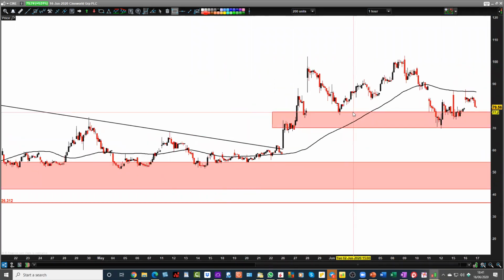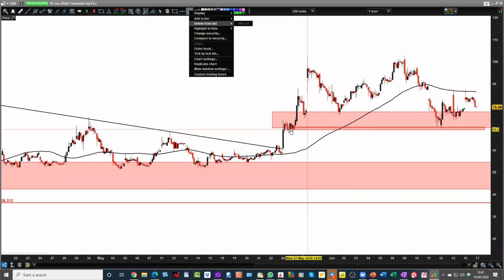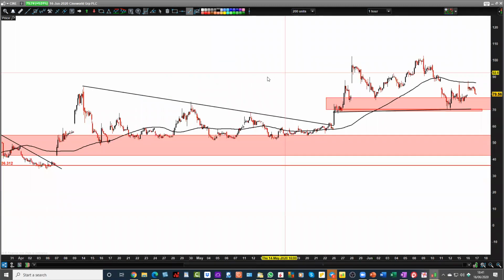Yeah, like I said, if that closes back inside 77, then just manage your risk. So I didn't mean to do that. What I meant to do was this. So yeah, if you are,